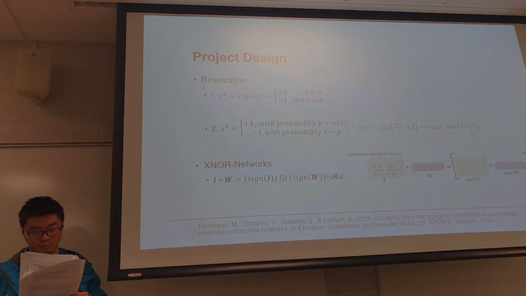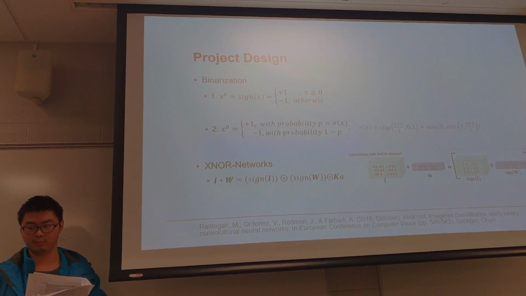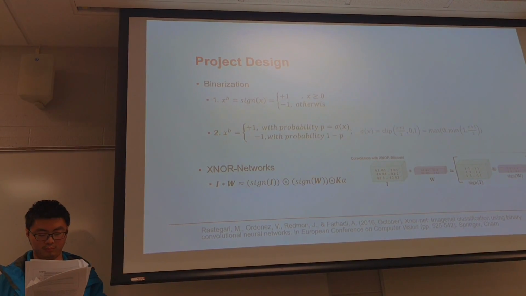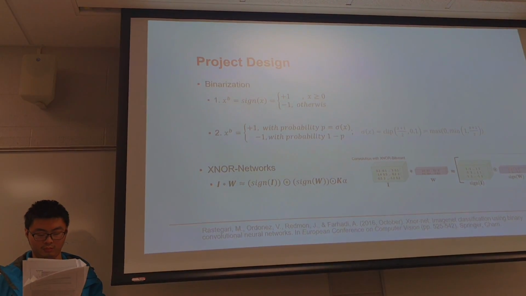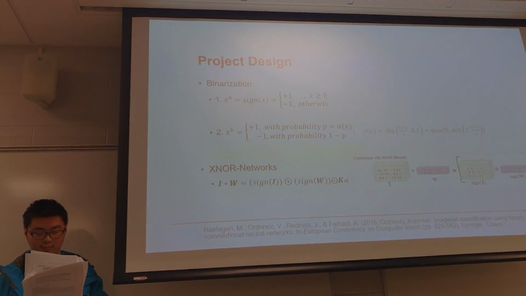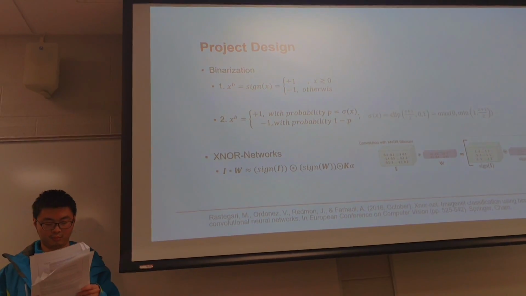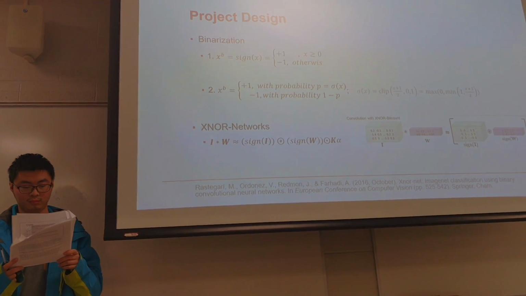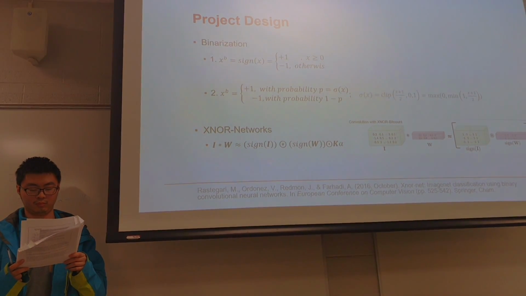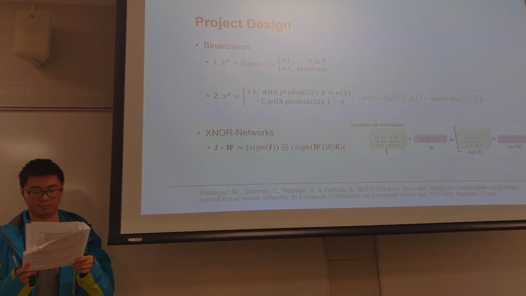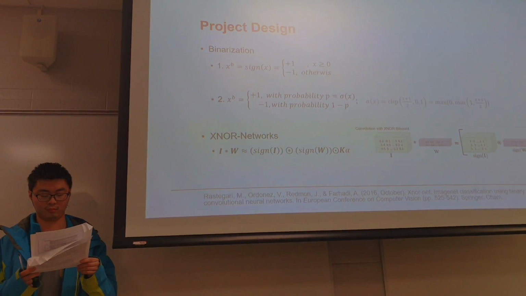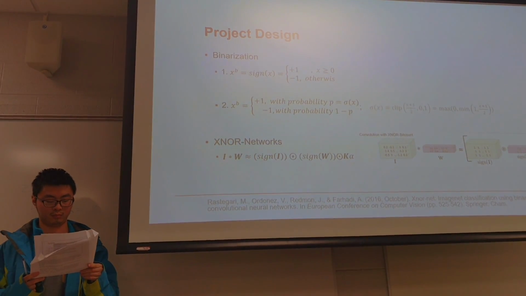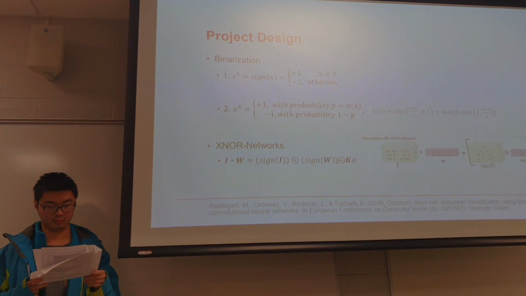Although the second way seems more reasonable, it brings another problem: it takes a lot of time to generate a random number and to calculate, which conflicts with our intention of reducing computation time. Therefore, we will still use the first one in our project, but we will also try the second way as a comparison to see how much more time it would take, and how much more accuracy it would bring, and to find a balance. Then the neural network would be simplified to a binarized neural network,